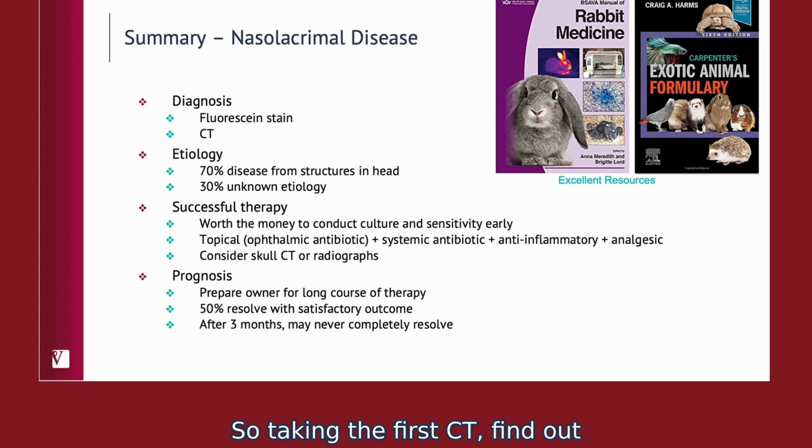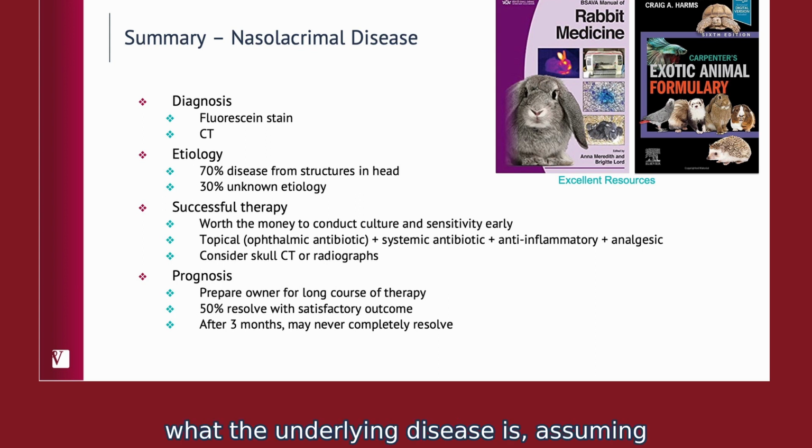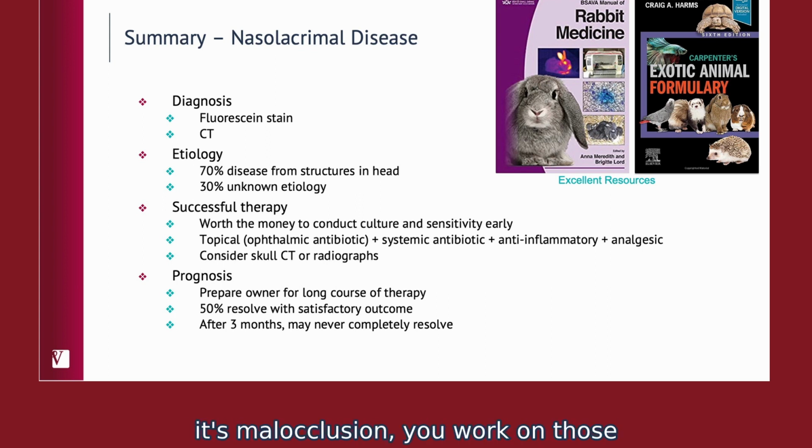So taking the first CT, find out what the underlying disease is, assuming it's malocclusion, you work on those teeth. Then you want to follow up with another CT down the road and see if the dental disease is improved. Has it completely resolved? Are the nasolacrimal ducts now open? So instead of thinking of it as one CT, you're probably actually going to need to do more than one so that you can monitor response to therapy, especially in those cases that may not be improving as quickly